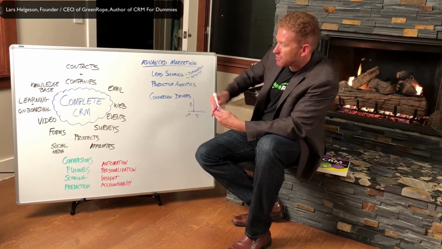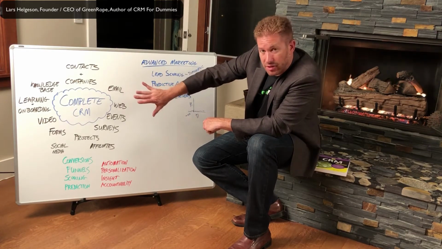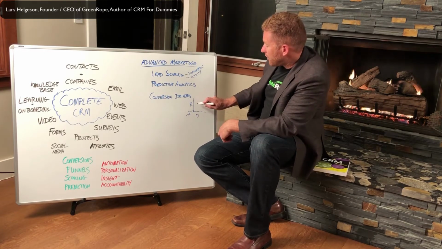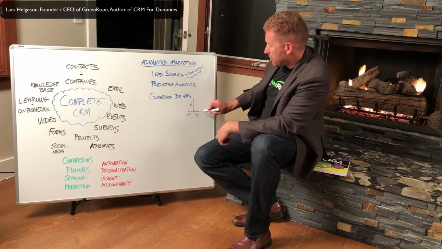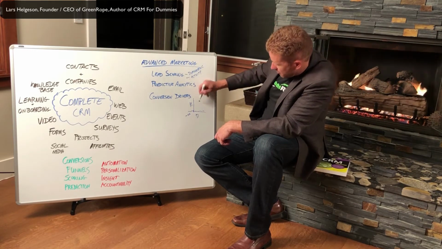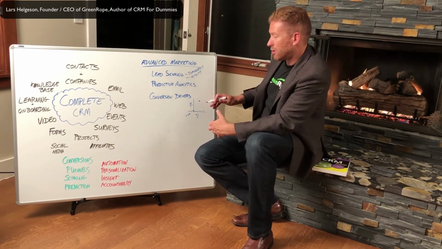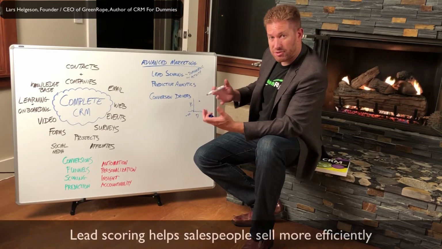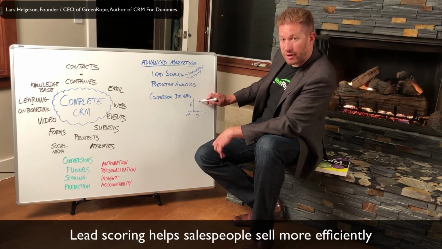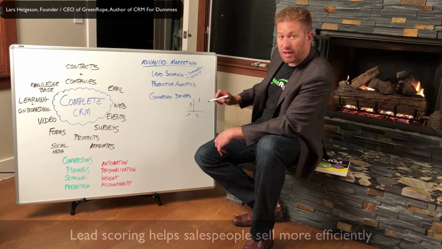Then on this axis, we're measuring activity points. If you see all the things over here that we're tracking in this complete CRM, all of these interactions can contribute to this activity lead scoring. So we'll find certain people that might be in our target market, so they might be over here, and they might have a lot of points up here. That tells us that if I'm a salesperson, for example, and I want to look at all the contacts in my group, the people that I'm selling to, then I'm going to find these high value, very active potential leads, and these are the ones I'm going to call if I have a half hour of free time.